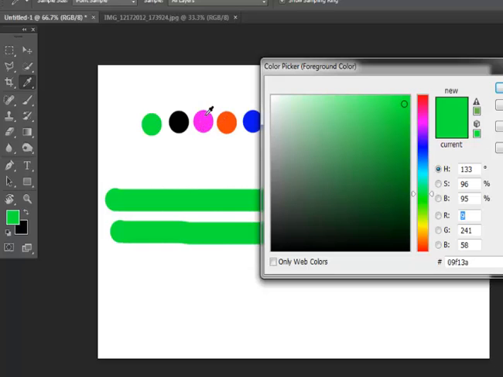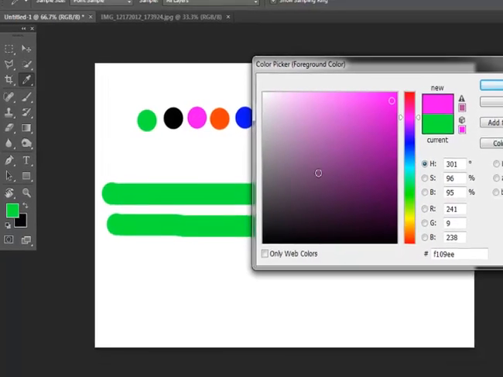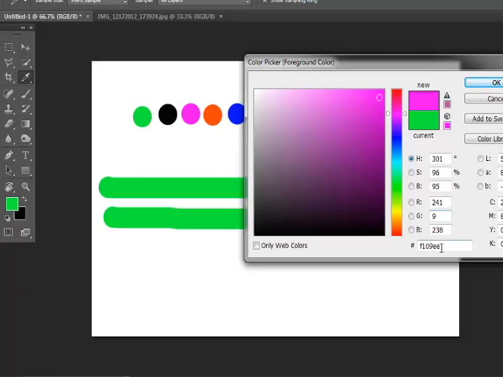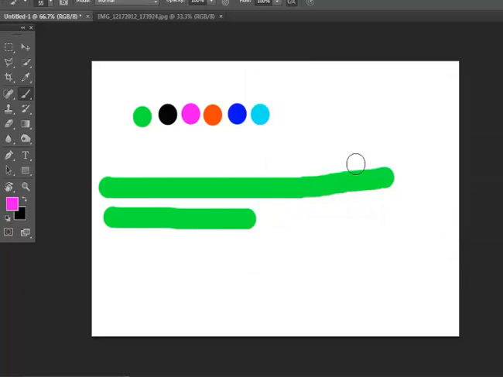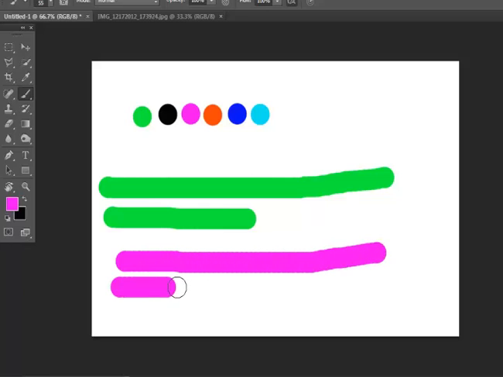For example, I want this color. I will click it and it will copy the exact color, and I will press OK, and now I can paint. I already changed my color.